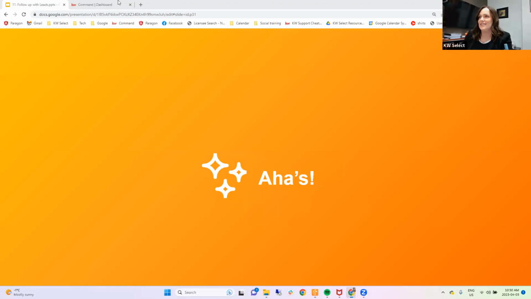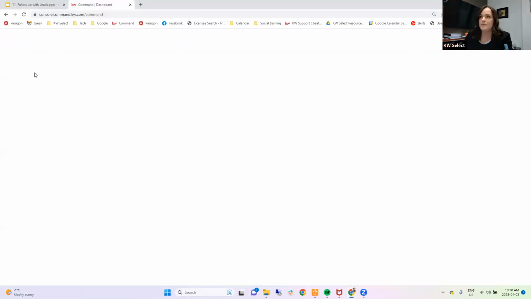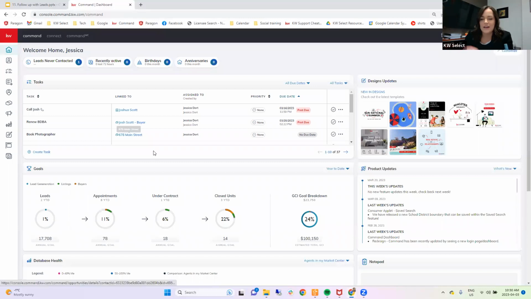So it'd be helpful for you guys to see what this looks like in Command, like how you would actually use it to do the capture, connecting, cultivating, all of that through, and what that process looks like. Okay, I'm going to show you anyways. All right. You can see my Command screen now, right?